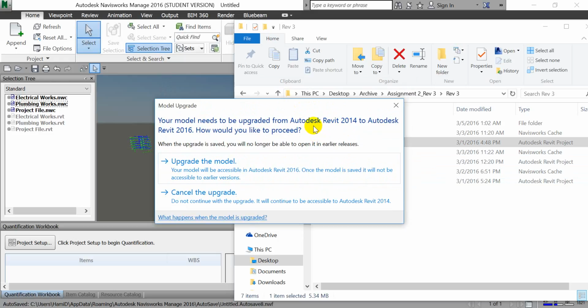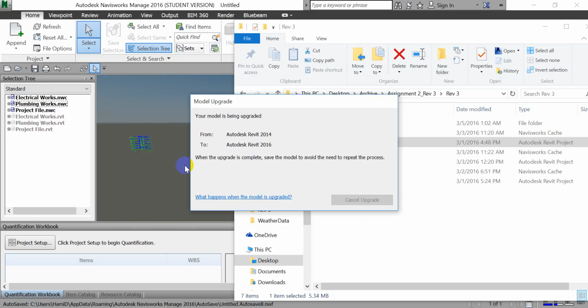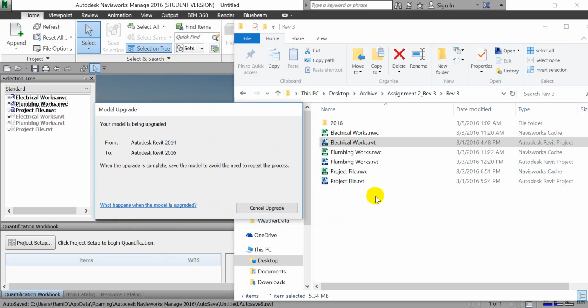It says that this model was developed in Revit 2014 and we need to upgrade it to the newest version, 2016. So we have to upgrade each of these models, and after the upgrade we need to save them in a new folder. So as